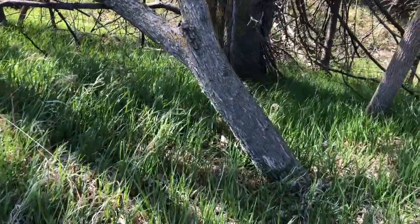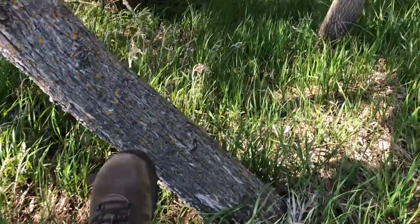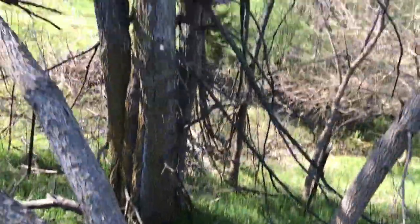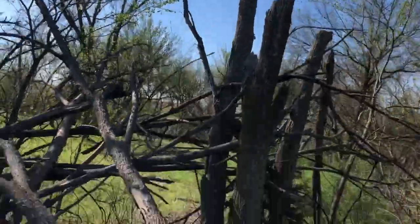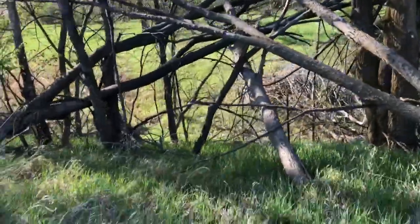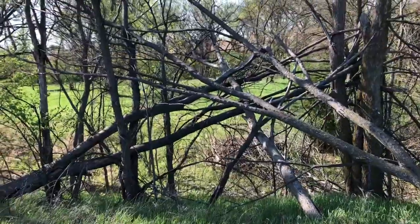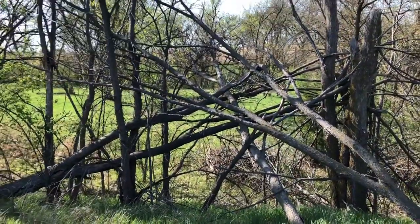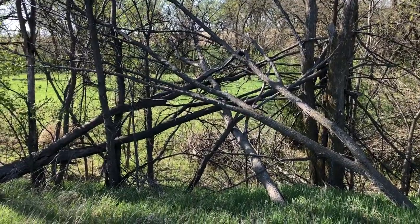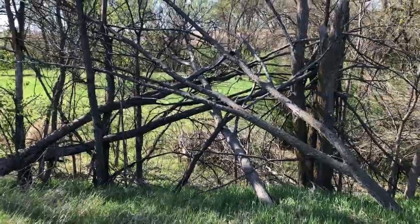I've done this for the family, but if you look, these are very large. Here's my boot, size 10 boot. Good size tree breaks here that are stuck into the ground. And then they create this sort of asterisk type structure. And I saw one very similar to this and the other just probably a mile from here along the riparian